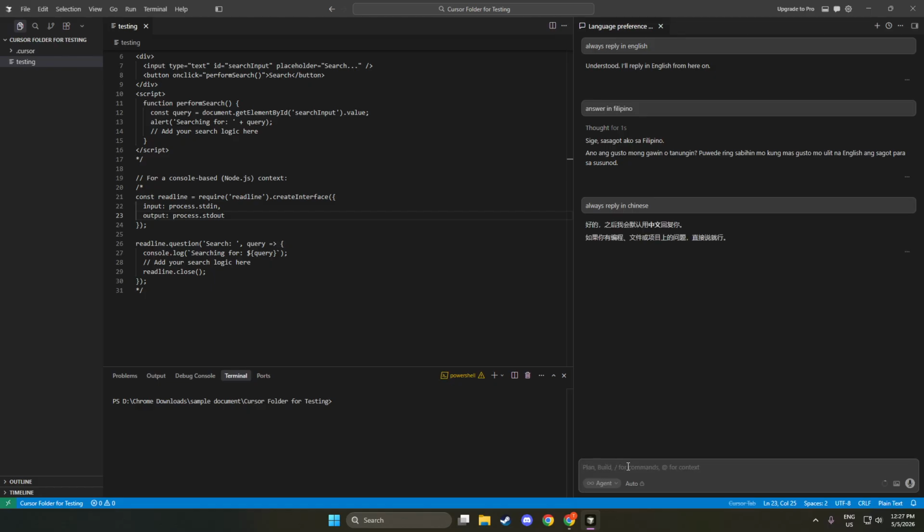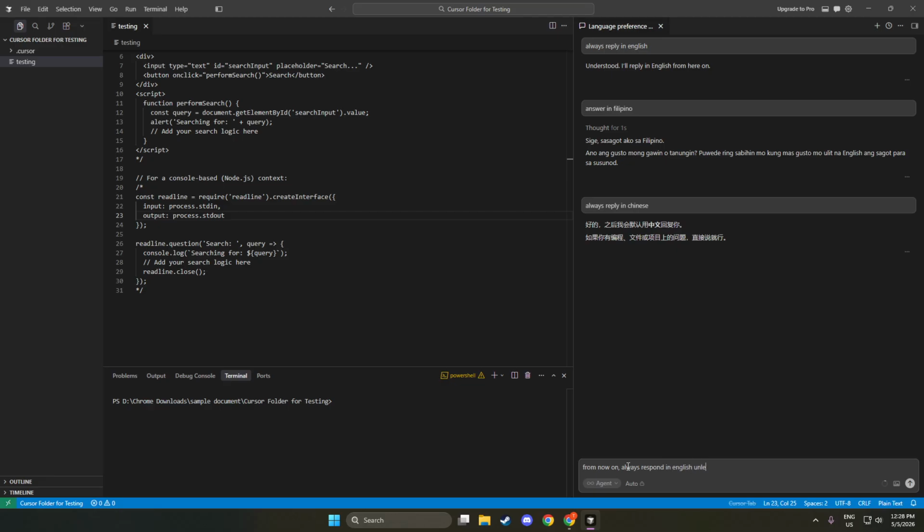If you want the preference to be more consistent across replies within the same conversation, use a slightly stronger phrasing. From now on, always respond in English unless I say otherwise. This wording helps the assistant hold the language steady during longer back-and-forth sessions and reduces the chance of drifting or mixing languages as you iterate.